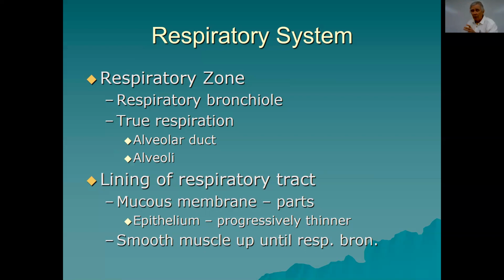And then you swallow. Even though you're not eating or drinking something, you're swallowing all day long. Every once in a while, you swallow, and when you do that, you swallow mucus. Congratulations, you're swallowing mucus. But it's your mucus, and it's important that you swallow it because it's going to go